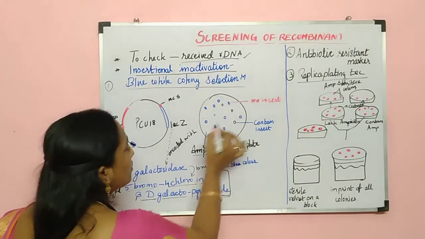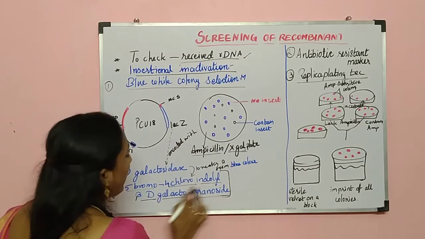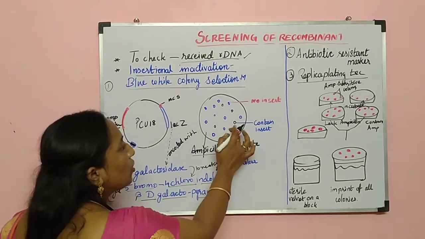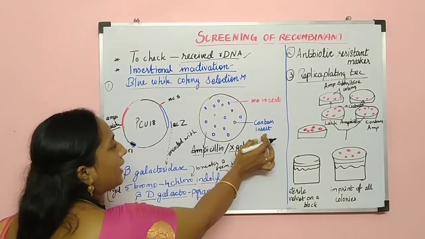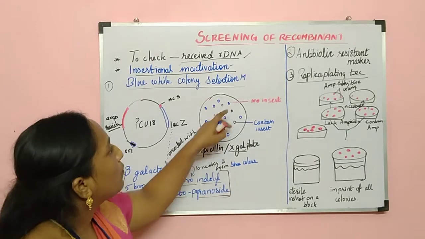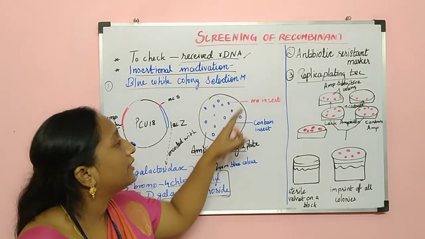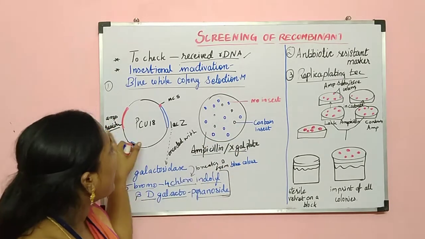So what happens? The beta-galactosidase of the lac operon cannot break the X-gal, so it will not produce blue color. If the blue color is not formed, it contains the inserted DNA. If the blue color is formed, it does not have the insertion. Clear, children? If the foreign DNA is present,